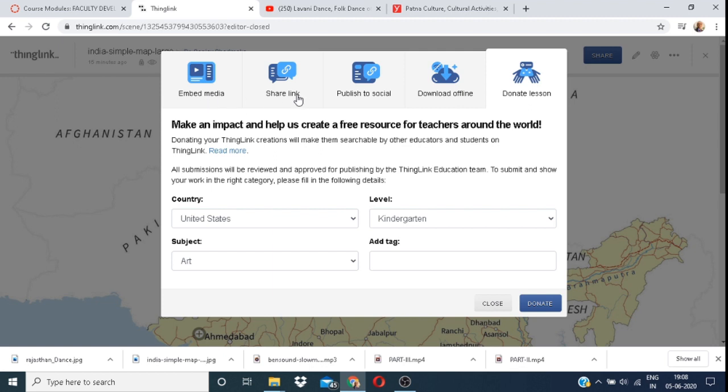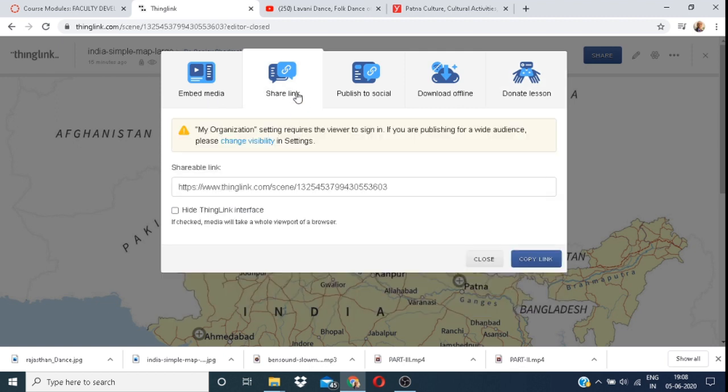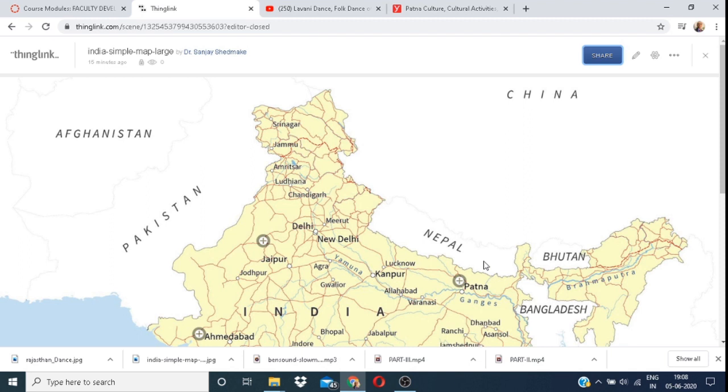Just we share this link in our project, in our assignment. Just click here and copy link. When it is highlighted, it means your link is copied, then paste this link in your assignment. I just close.